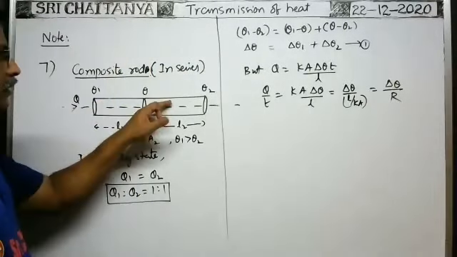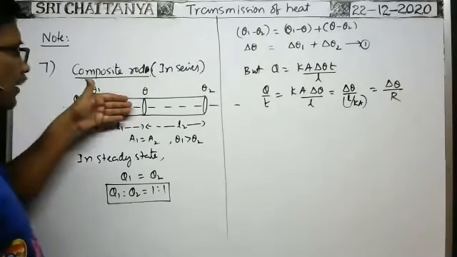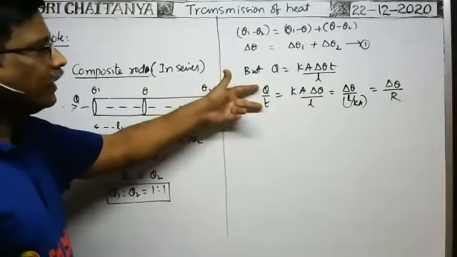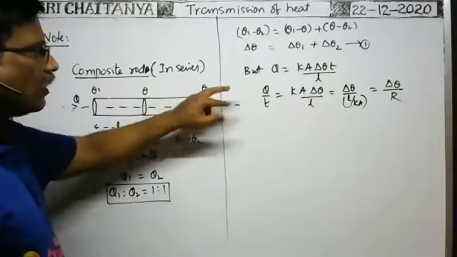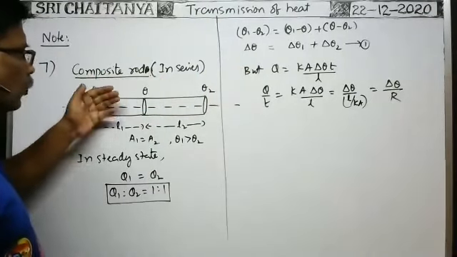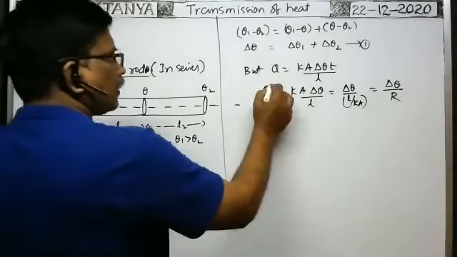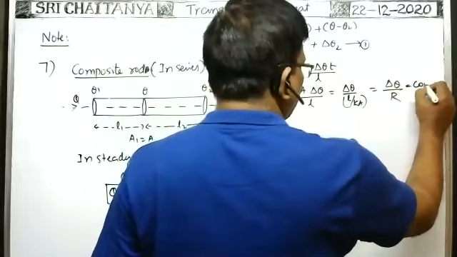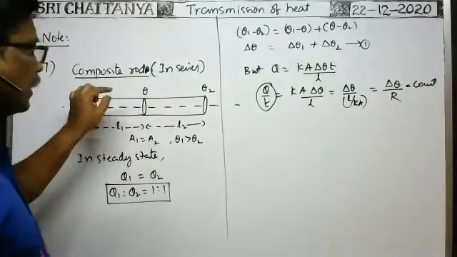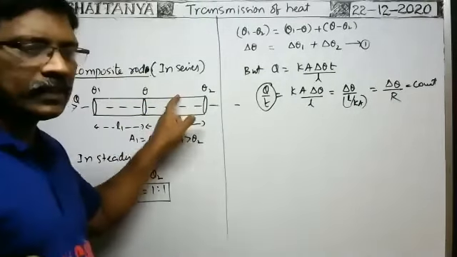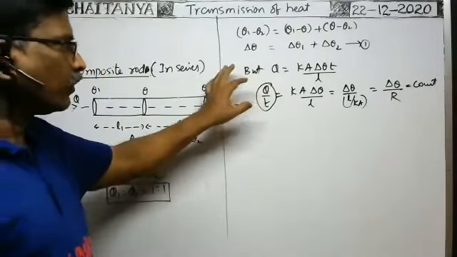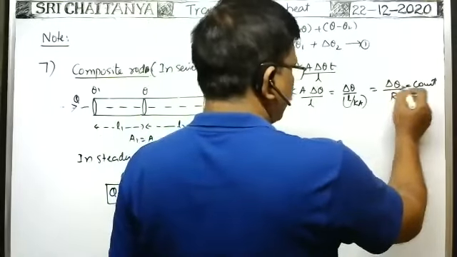Here in case of two rods, the amount of heat energy entering into this rod in a time t seconds is Q. Then it is the rate of transmission of heat energy through the rod. That is called transmitting power. So the rate of transfer of heat energy through this rod and this rod, both are same. That's why it is constant. For the two rods here, this is constant. For the single rod, it is not constant. For the two rods, as the same amount of heat energy is transmitted through this rod and through this rod, the rate of transmission of heat energy remains same in both the rods. That's why this is constant. So as this is equal to delta theta by R, this is constant.